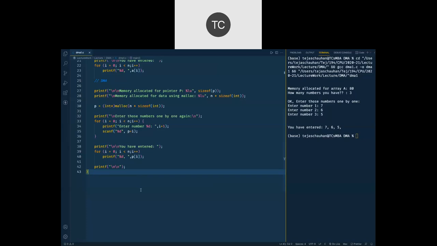So this is how we can allocate memory at runtime. We make use of that memory. Now, it would be better that we make that memory free once we are done. So before I end my program here, I should make that memory free. And to make it free, we just need to call this free function, and we need to pass our pointer variable as a parameter. That's it. That's how we make it free.